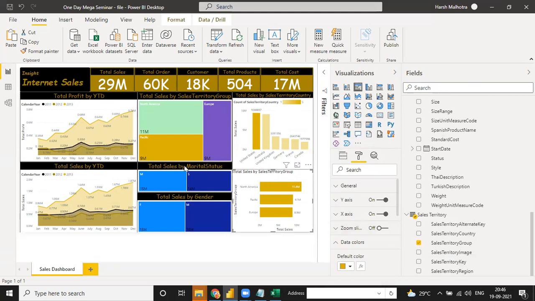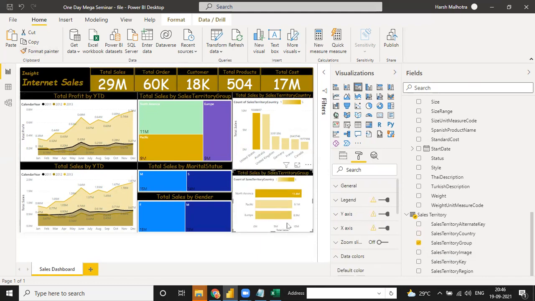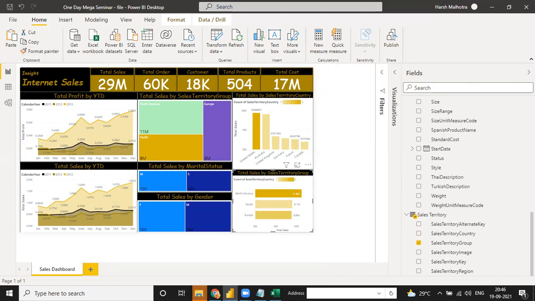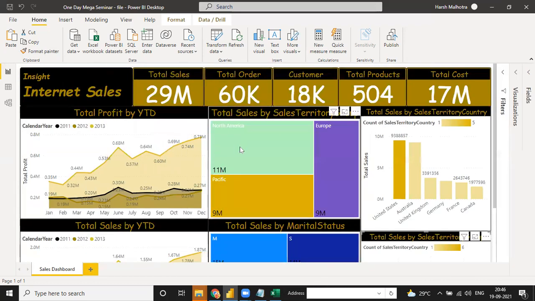Okay, and do the same formatting for this, like format. Either you can use this formatting like format. This one is formatting done, and the same formatting you can use for the other one, and done. Okay, so your dashboard will be ready. Like this kind of dashboard you can maintain in your Power BI. Okay, see your total sales, order, customer. So this kind of dashboard you can maintain as the sales dashboard.